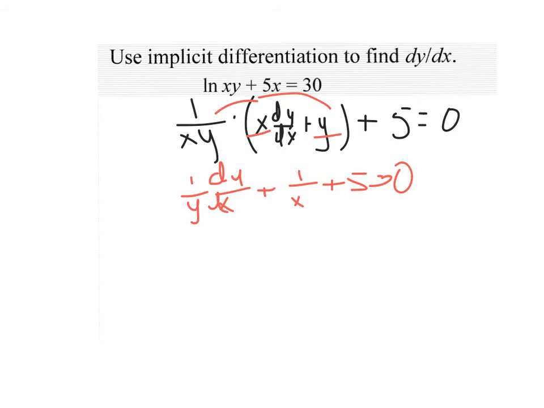So from that point, you can just move everything over, get the dy dx by itself, right? So you can subtract the 5, subtract the 1 over x, you get 1 over y dy dx equals negative 5 minus 1 over x. And then you can multiply through by xy at the beginning, or you can wait until this point. So if I multiply through by y,